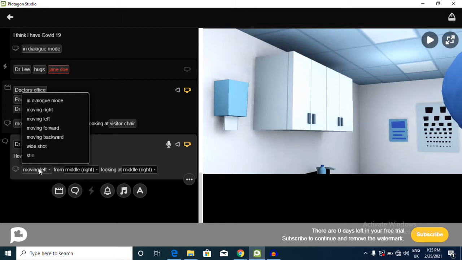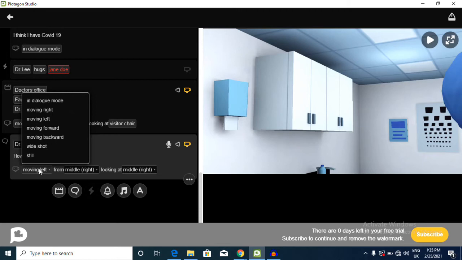So we still do the same thing and then create another scene, the same scene, doctor's office. Now this scene will just be Faye and Jane Doe. So you can put both of them on the bed. But sorry, something I forgot to tell you guys is, if you are trying to add more than two characters in the same scene, when you duplicate the scenes, don't add establishing shots. Don't ever add establishing shots, because once you add establishing shots,